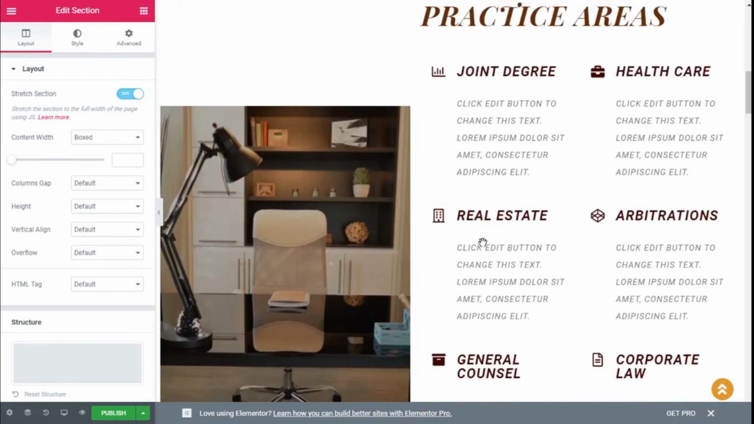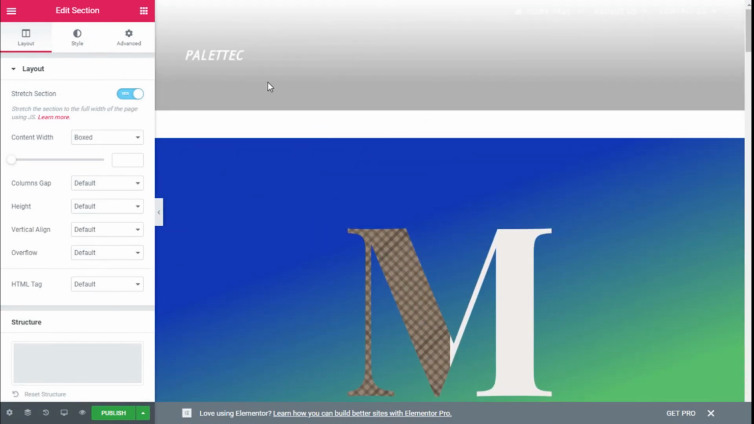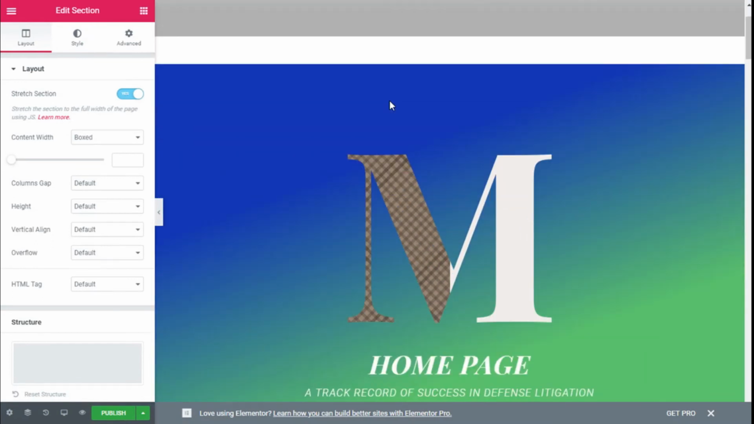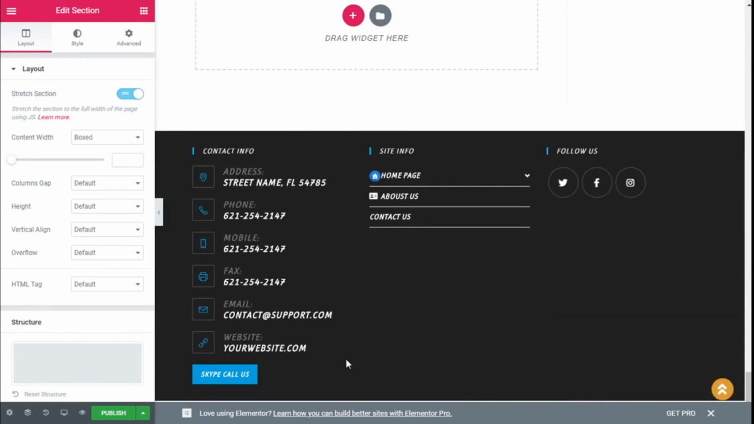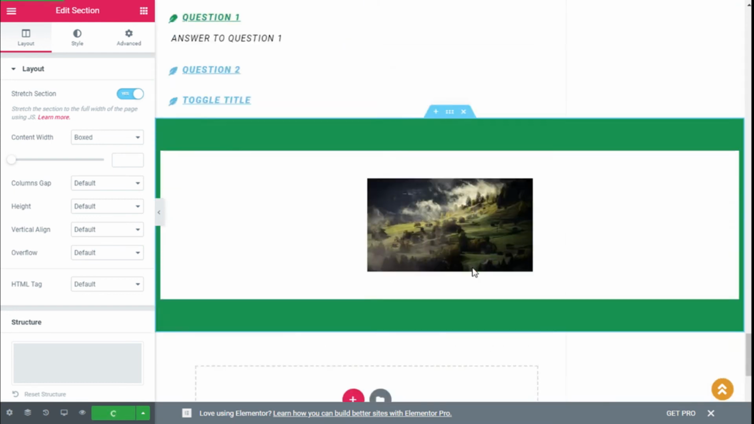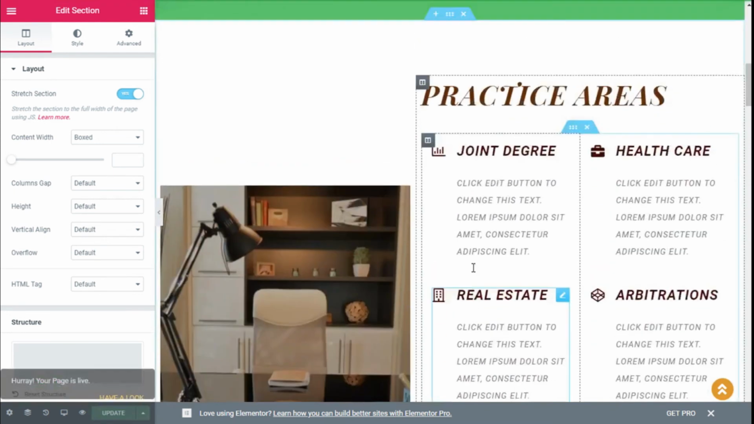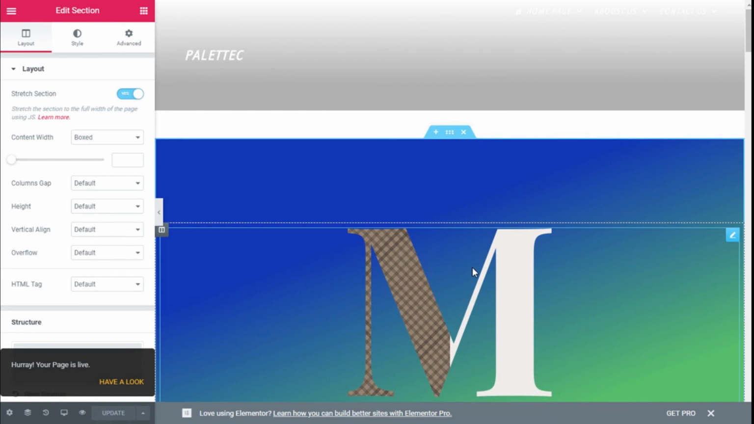So we have loaded our template in a single click. Do some tweaking to it, and we are going to save those changes by clicking on publish. So that's it. We have saved our template and loaded it on a new page to make our future work much